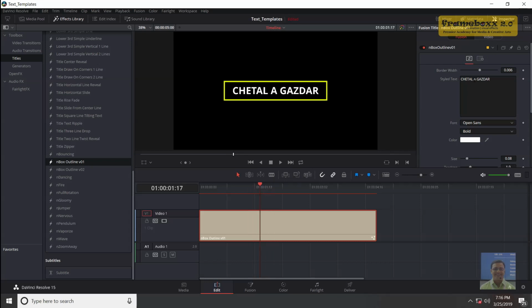Okay, again if I change something, every time I have to go to Fusion tab to change the length of this outer line. So according to me, you have to design template like that.